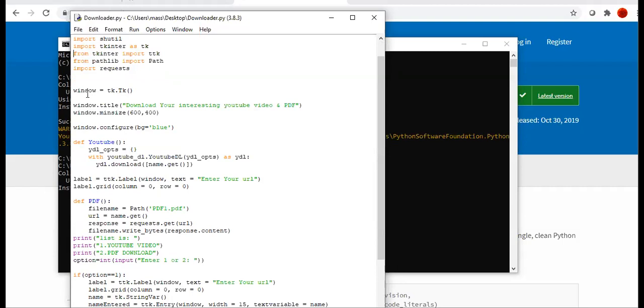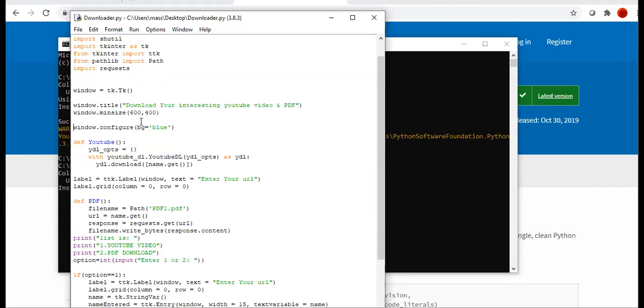Then this is a window created using tkinter, and in this window, I have titled it "Download your interesting YouTube video or PDF."